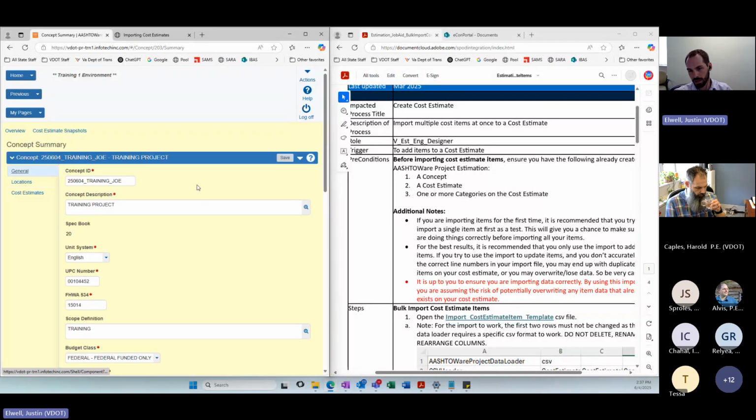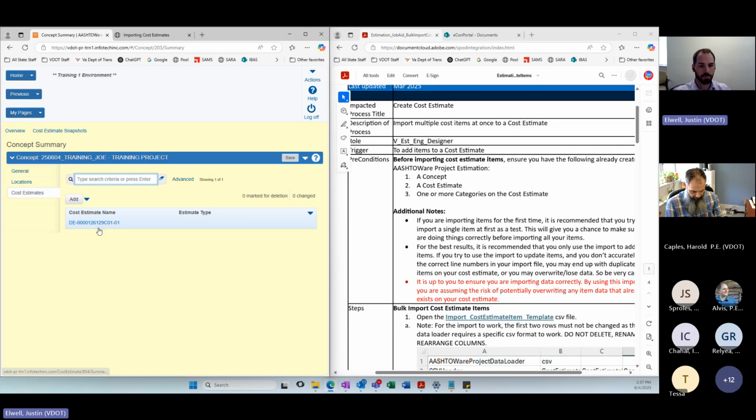If you have questions on concepts, happy to answer those in the second half of today's call. But for this portion, we're going to work under the assumption folks know how to create a new concept and an associated cost estimate as well. So with those two being created, we've already checked off the first two preconditions here.